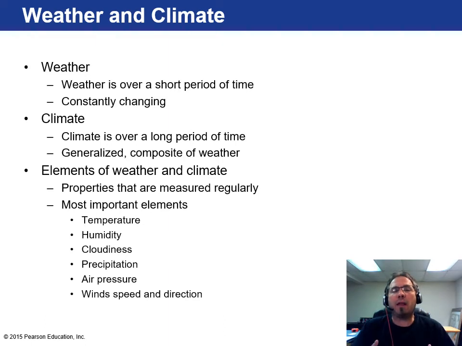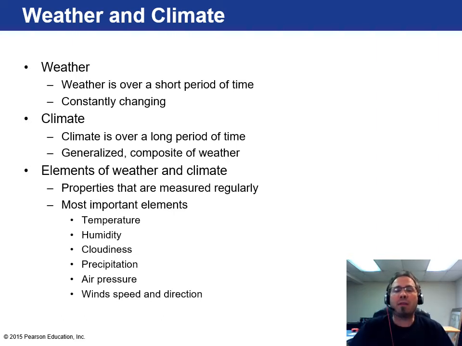So weather and climate, what's the difference? Weather is what happens today. Is it going to rain today or maybe rain tomorrow? Is it going to be sunny, partly cloudy, or partly sunny? And it's always changing. One day it might rain, the next day it might be clear. And in Milwaukee, Wisconsin, one day it might snow, then we might get rain, and then it might be 50, 60 degrees. We never know.